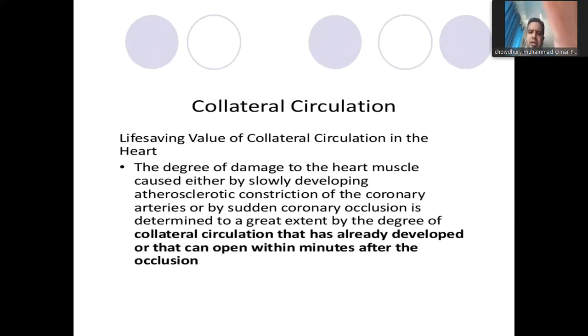And the degree of damage to the heart muscle caused either by slowly developing atherosclerotic constriction or by sudden coronary occlusion is determined by degree of collateral circulation that has already developed or that can open within minutes after the occlusion. যেটা যে collateral circulation আছে, degree of collateral circulation বেড়ে যায়, অ্যাক্টিভিটিসটা বেড়ে যায়। নেক্সট।